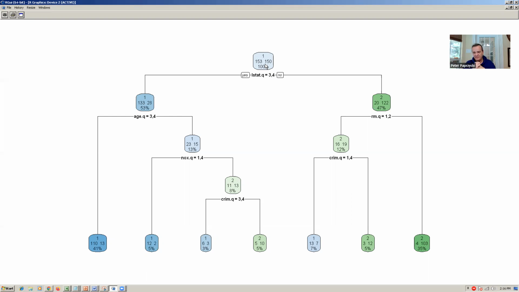Then we end up with 122, 20, 142 of these observations, which constitutes 47%. And the correct classification is 2, meaning the upper quantile value for the price of the house, which makes sense, really. Yeah, it makes sense because